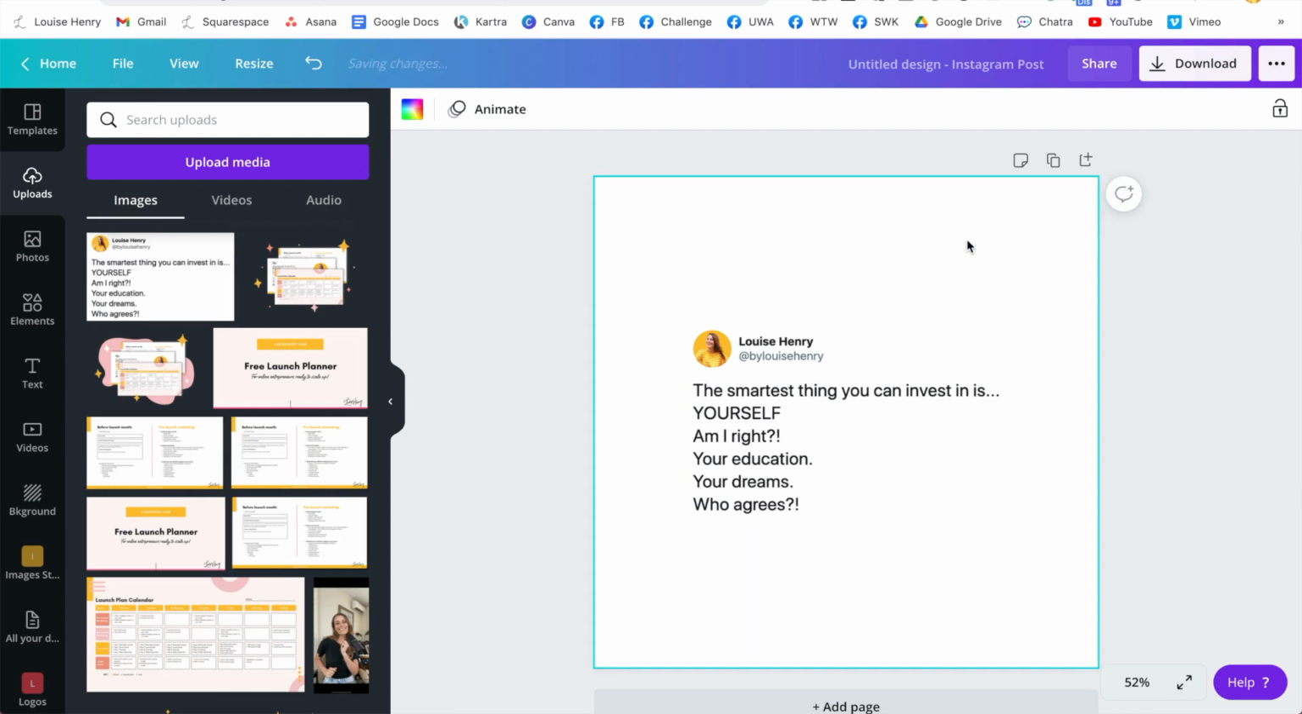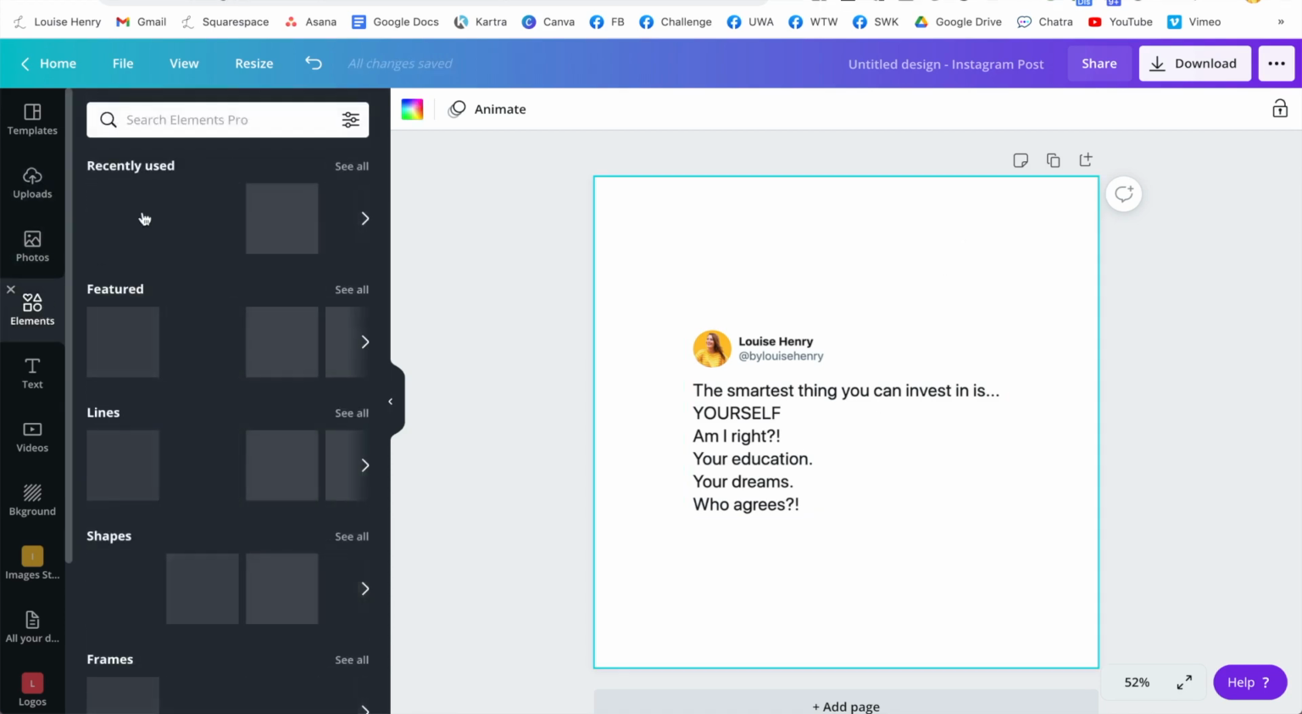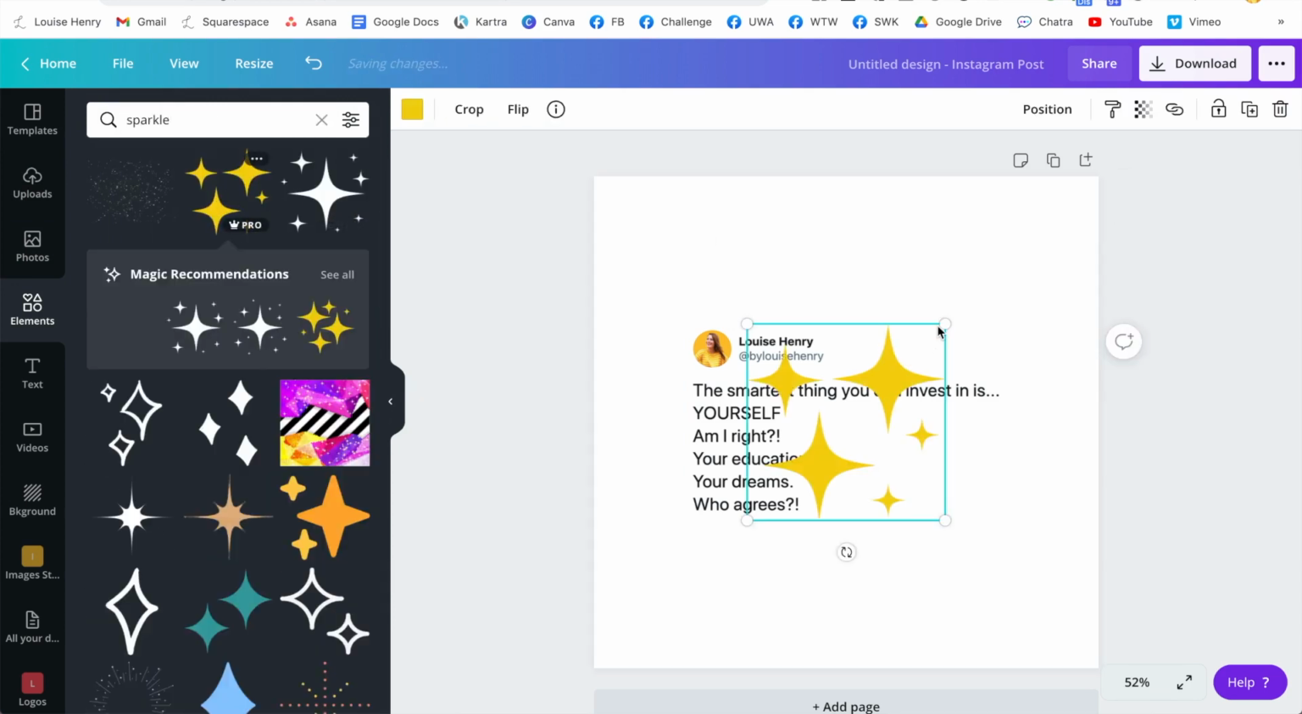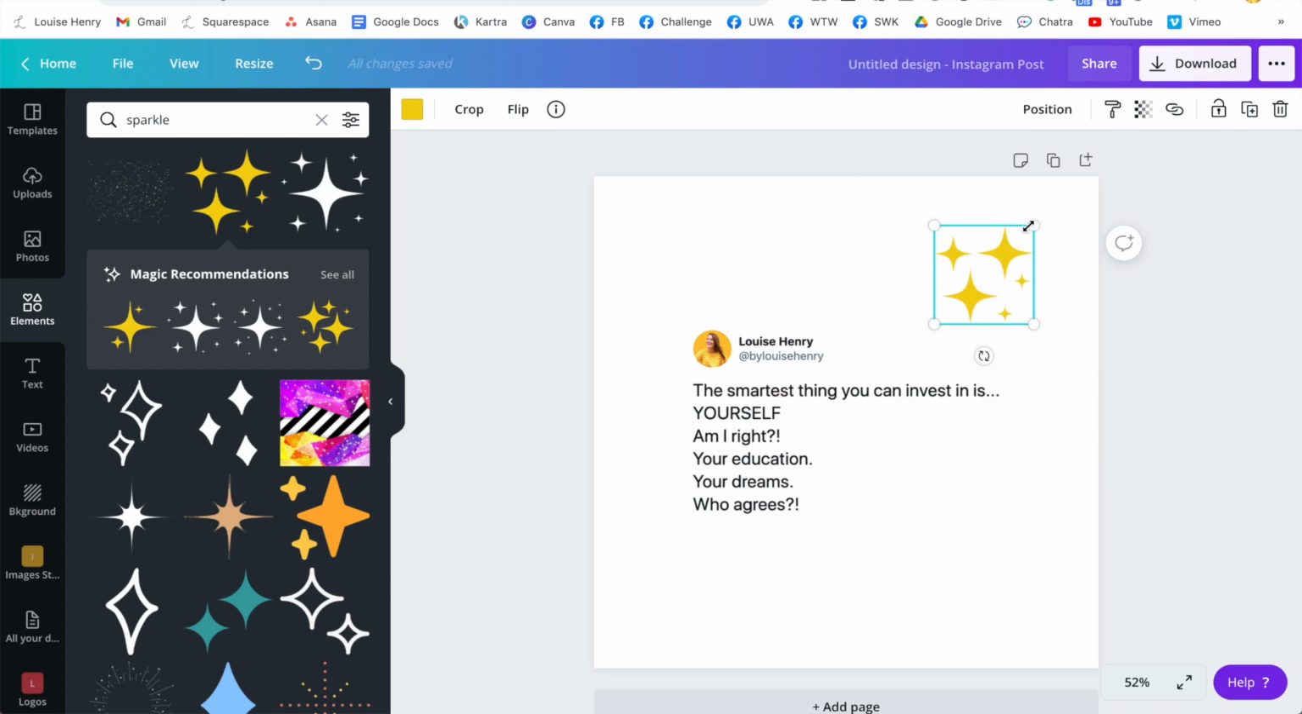So I could do that. I could just add cute little elements around it. A few little sparkles. Right? You get the idea that there's a lot more that you could do here to make it on brand